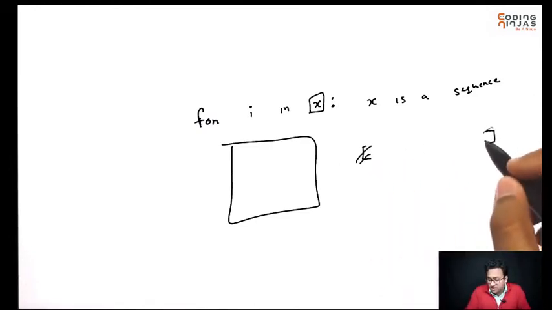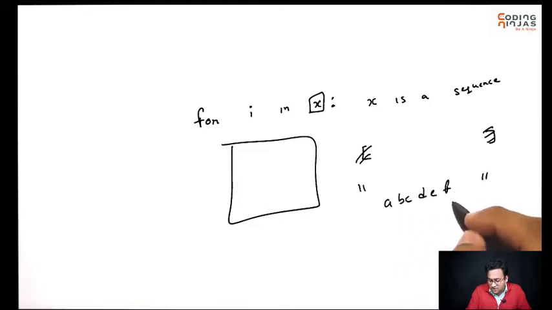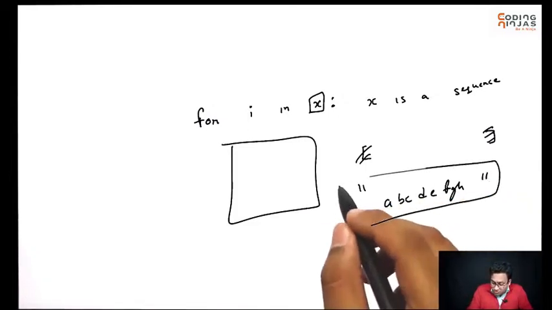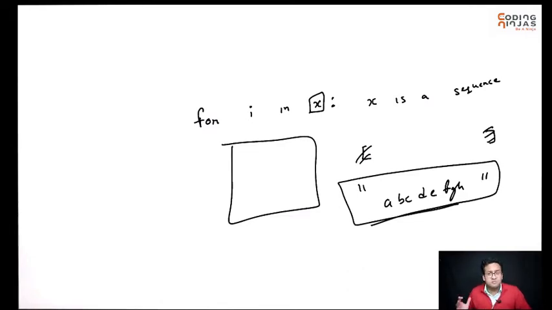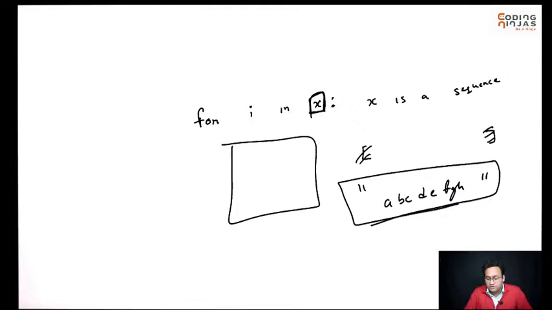One kind of collection that we already know is basically a string, right? A string is multiple characters put together. And we already have worked with strings a little bit, right? So a string is a sequence, and there will be multiple examples of sequences that we'll see later on. For example, we'll see lists, arrays, dictionaries, and then we will be able to use them as a sequence in place of X. Okay, so just for now, when you think of X, think of a string there.